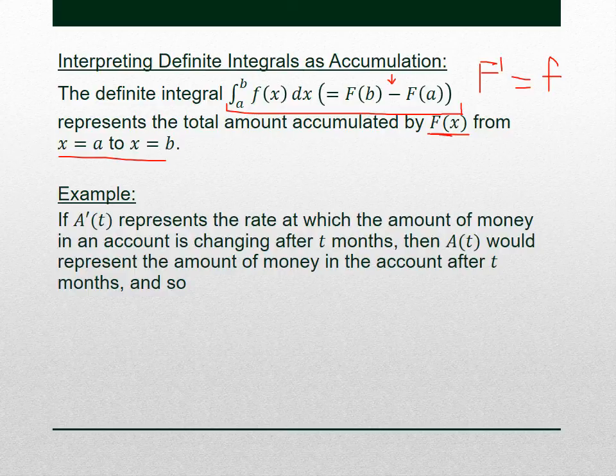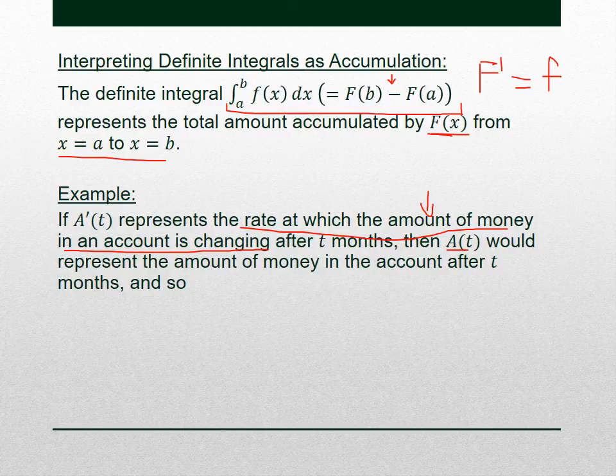If A prime represents the rate at which money in an account is changing, then the antiderivative A would represent the amount of money in the account. So the rate at which the amount of money in an account is changing, if that's the derivative, then when you take the integral, the antiderivative, you end up with just the amount, the thing that is changing. So A of t here would be the amount